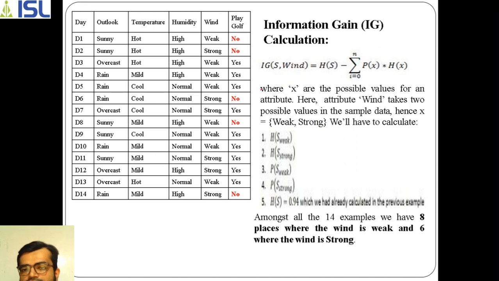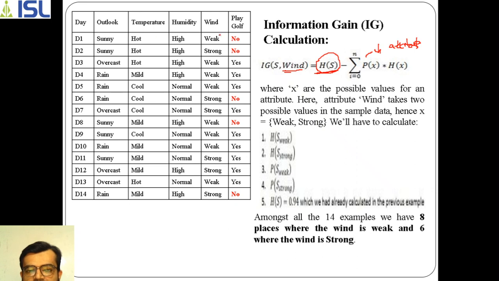The next comes to information gain. As I said, you need the entropy of the parent. So H of S is your entropy of the parent. Entropy of the parent minus the entropy of an attribute, whichever attribute you are selecting among the given attributes. So you need to subtract from the entropy of the parent, in the sense of the complete set, which you can represent as H of S also, right? H also indicates entropy here. So what we have to calculate here is the information gain for wind.